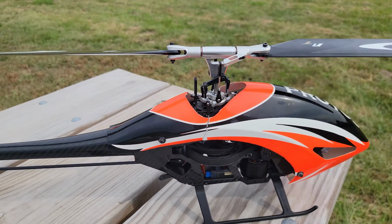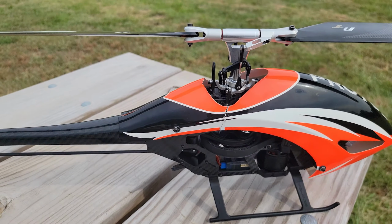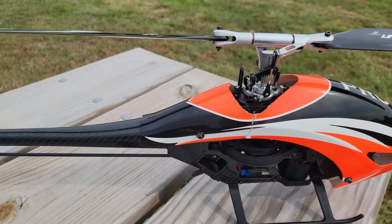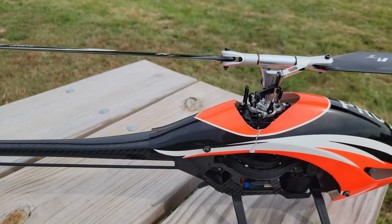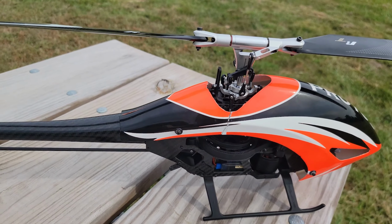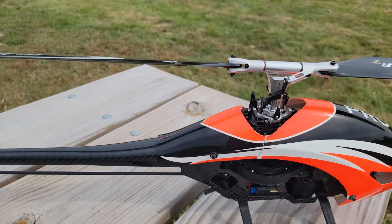Alright, so higher head speeds. That was 3,000. Well, obviously, it's a lot faster. As I was saying in the video, I don't really know what to do with that much head speed, so I ended up just wasting a lot of time in between maneuvers. But it's fun. And it seems definitely more efficient, just from the sound, because with pretty much every other